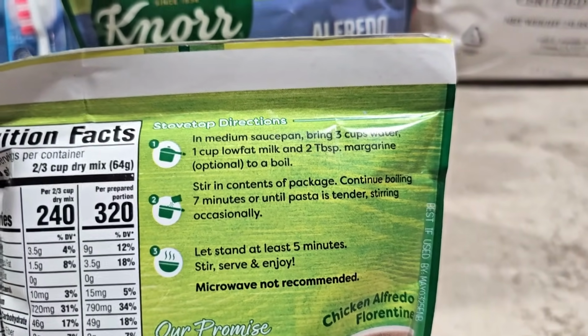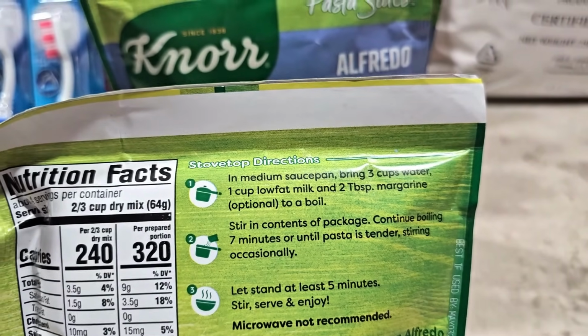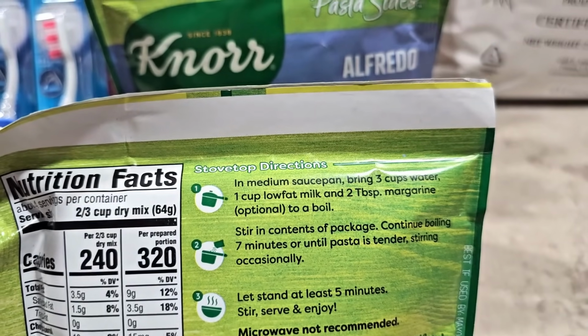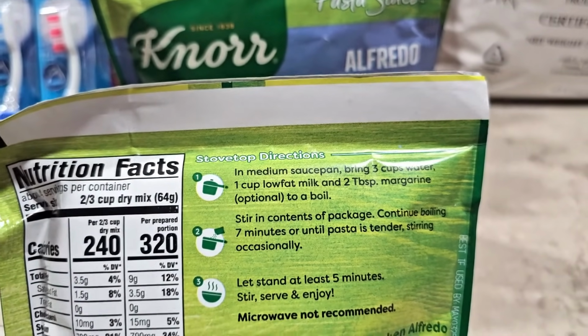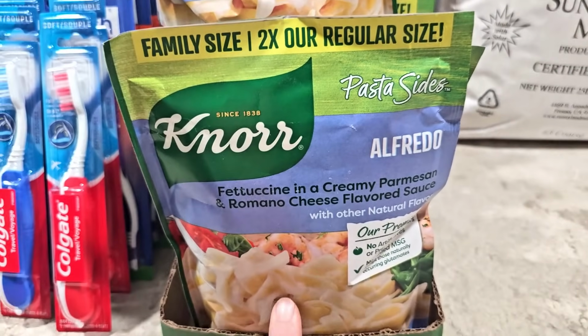But we always have ghee and oils in our prepper pantry, and we have milk, shelf-stable milk. We have Tetra Pak boxes. We have powdered instant milk. We have canned evaporated milk. We are all set. And some people will say that they have made these without the milk and they've been